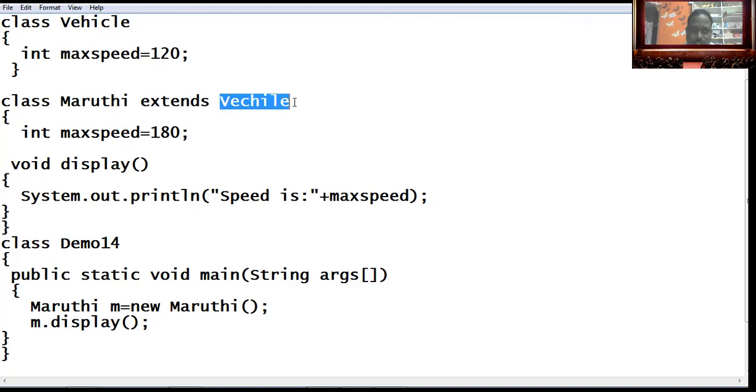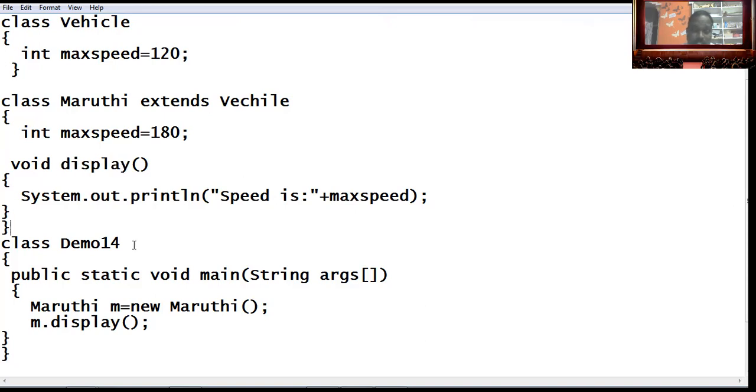In this subclass we also have the same name, max speed is equal to 180. Then we have the display method inside the subclass Maruti, where I am going to display the maximum speed. Then we'll see which value we are going to get here.